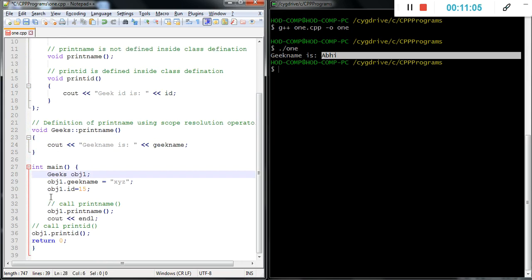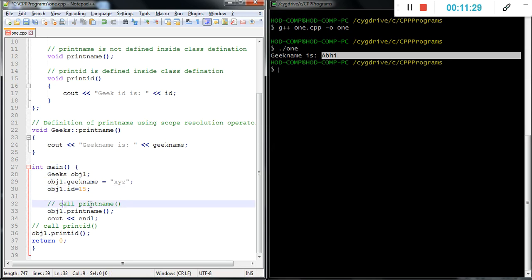Then how does the program work? It runs from the main function, then creates the object of the class, obj1. Then obj1.geekname is equal to the string xyz, obj1.id is equal to 15. We initialize values to the data members of the class with the help of the object.